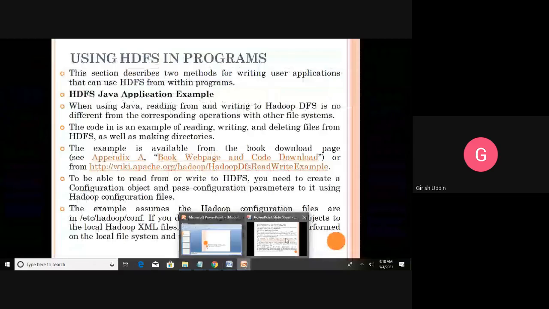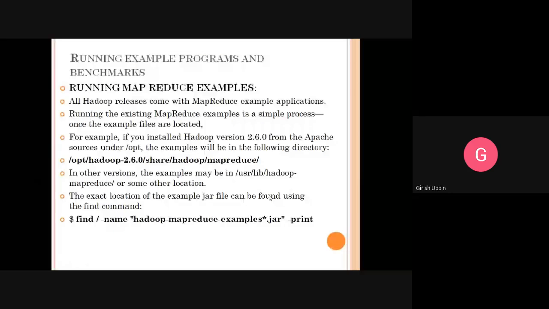Next is running the example programs and benchmarks. There are certain example programs that have been given, and how to run those example programs is what is covered in this section.